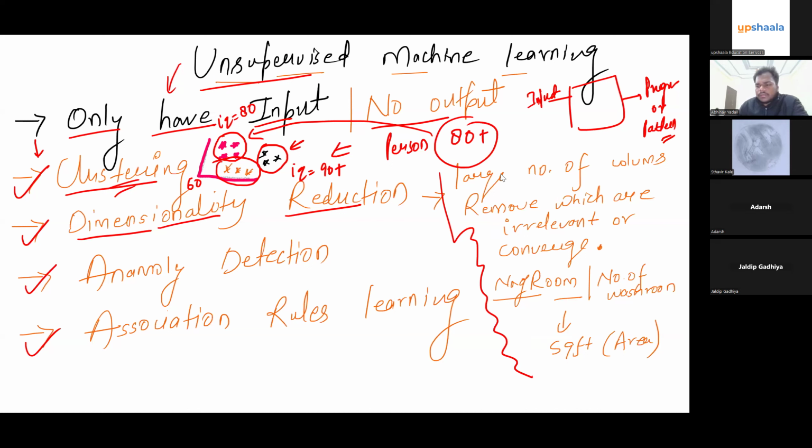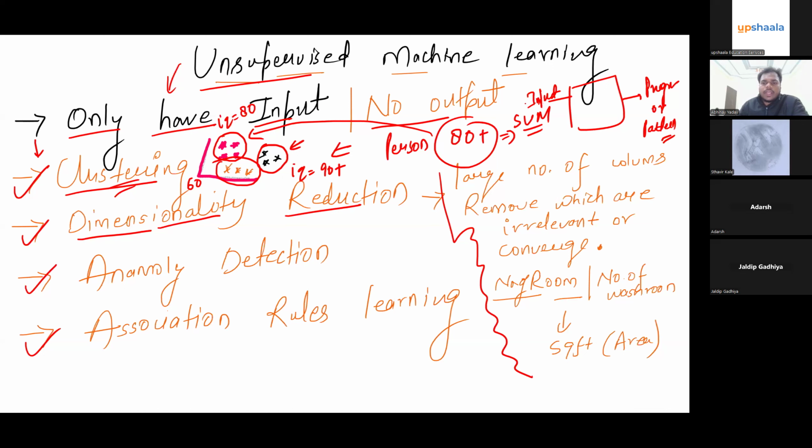For the clustering example, if a new person comes and his IQ is 82, what sort of pattern are we expecting from this machine learning model? We have three clusters, 80, 90, and let us say 60. These are your inputs, and we don't have output. If we talk about the pattern, we will use SVM, support vector machine, for this categorization and clustering purpose.